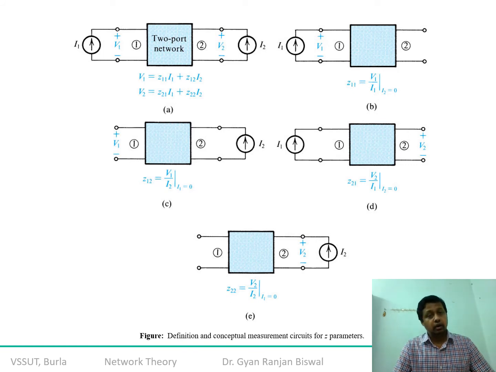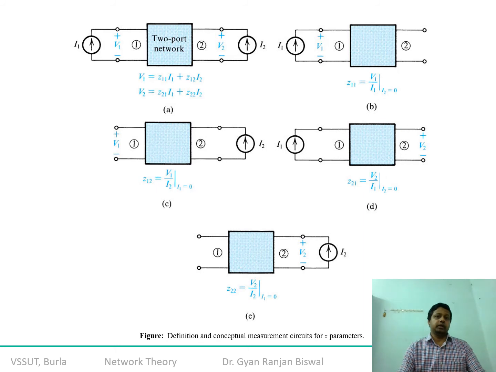It doesn't matter; for all four parameters we are calculating the impedance only, because in this circuit the voltages are unknown and the currents are known. So now let us see one by one. How can you calculate Z11 in that case? Because each equation has two independent parameters, and I1 may or may not be equal to I2.